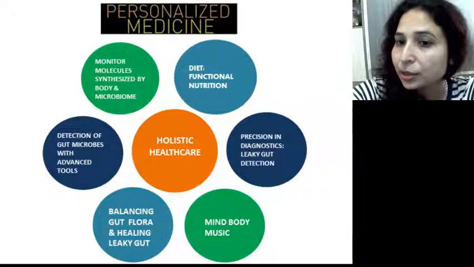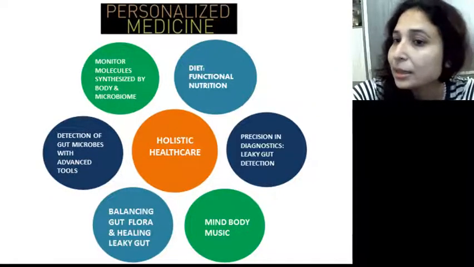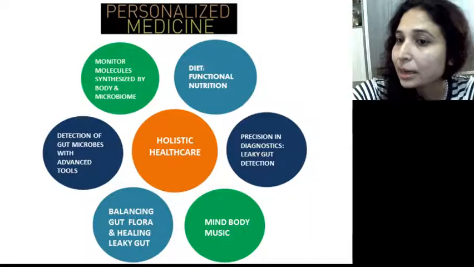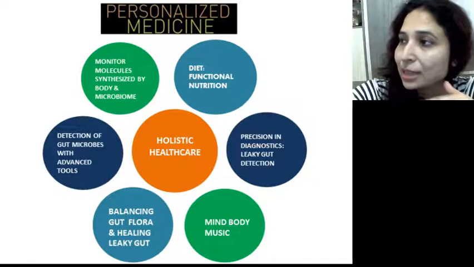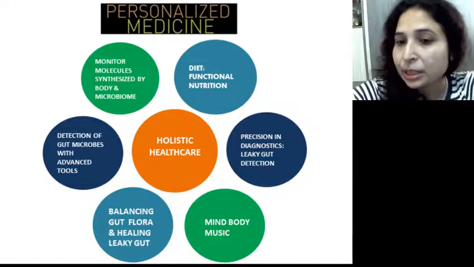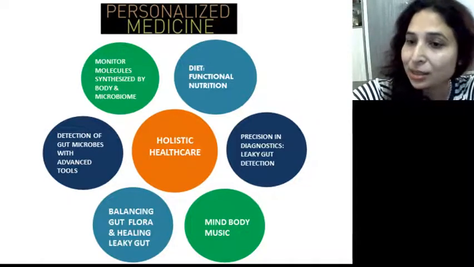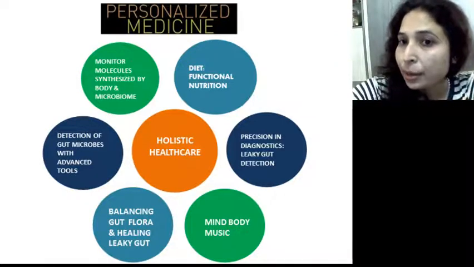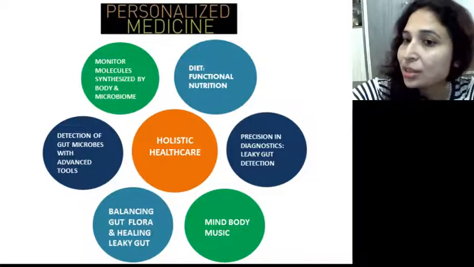Then we take into account another condition, that is the detection of a leaky gut. I will discuss in the subsequent slides what a leaky gut is, but just briefly stating, in this condition the permeability of the gastrointestinal tract increases and it absorbs many unwanted molecules which may act as toxins to the body. Then, if we take the mind-body correlation, there are other therapies which can be helpful for the mind, like meditation, sound therapy, music.